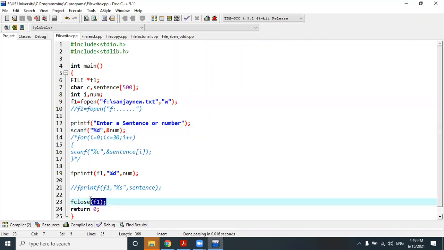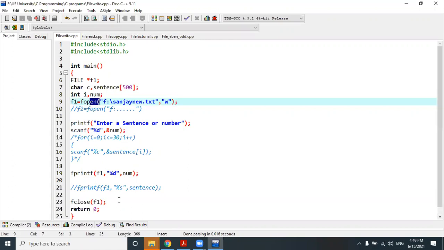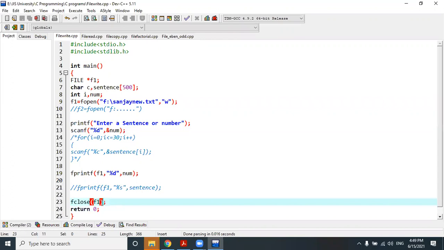Then I am performing the fclose function. I have already told the file which has been opened should be closed. And within the fclose function, we have to pass the pointer, because again I am telling, I am closing the file f1 whose pointer is f1. There may be multiple files with different file pointers. So which file you are going to close has been mentioned with the help of this file pointer type.